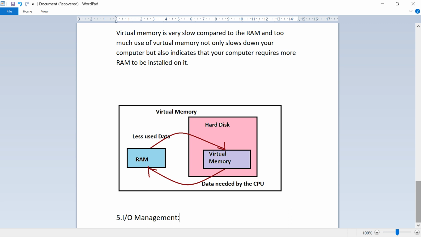The IO manager sends the input output request to the physical device, and upon receiving a response from the device, it passes the received response to the process. During the time a process is with the input output manager, the CPU keeps on working with other ready processes. These are the functions of the operating system.